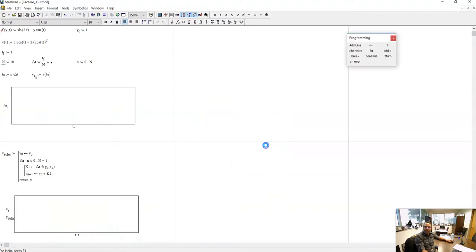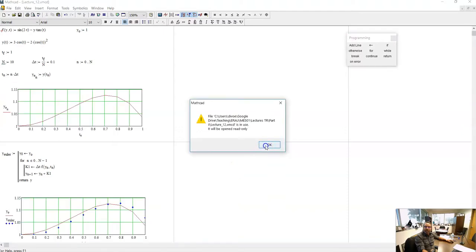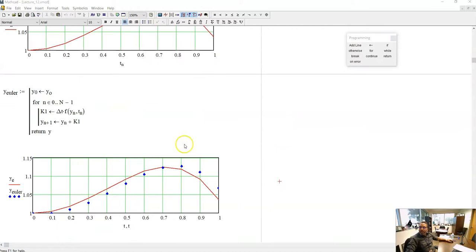Okay. I guess it's all right. So after I create the new array y Euler, I can actually plot it in the same plot here. I can create a plot and add elements to the x-axis and to the y-axis, as long as I separate them by commas. And I already played here with the traces, so that the first line is just a solid red line indicating the exact solution, while the second